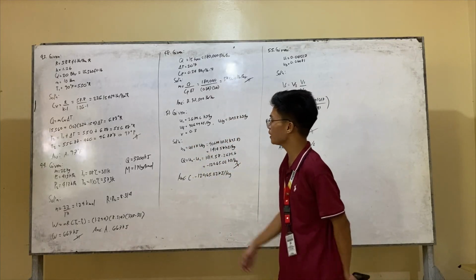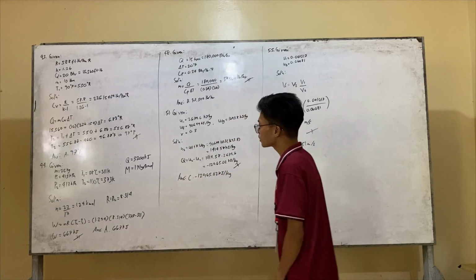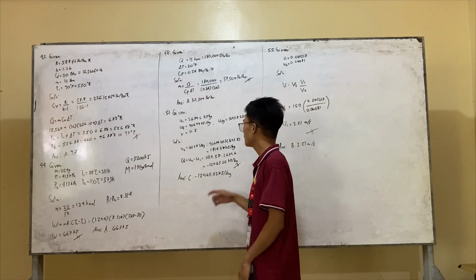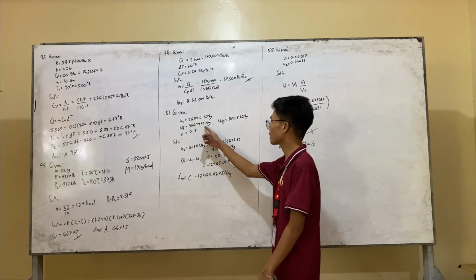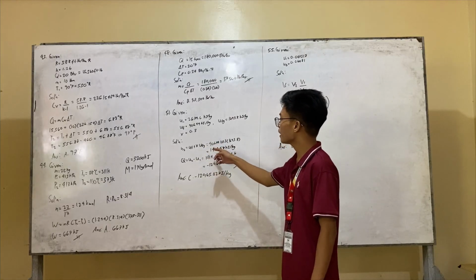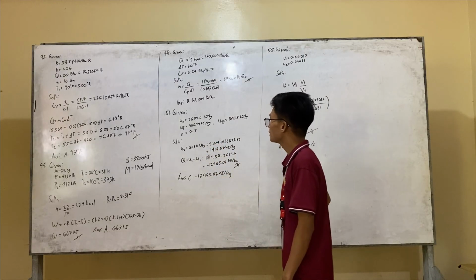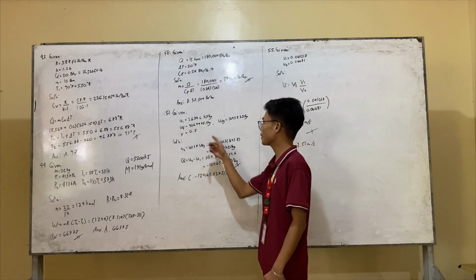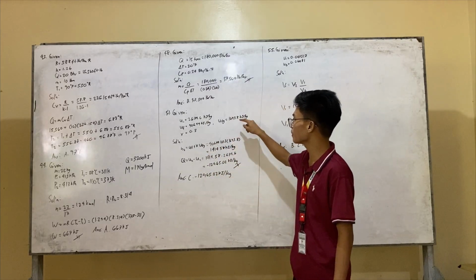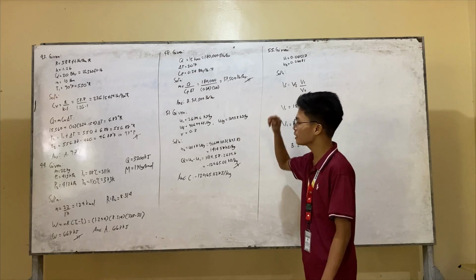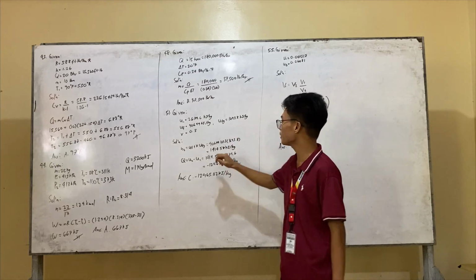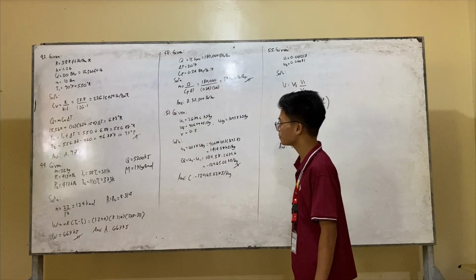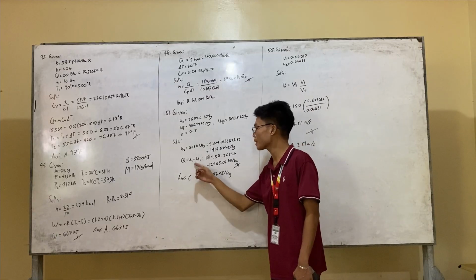So for the solution, we will use the formula u sub 2 is equal to u sub f plus x times u sub fg. So what we need to do is substitute the given. So u sub f is 906.49 plus x, which is 0.3, multiplied by u sub fg, which is 1,693.8. So by using a calculator, you can get 1,414.58 kilojoules per kilogram.